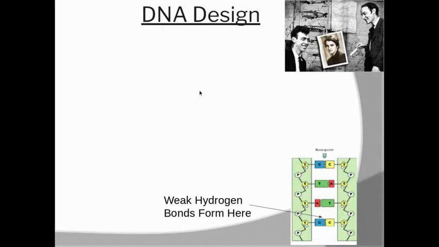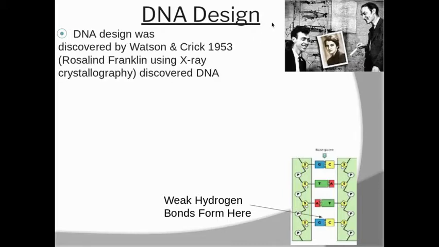That A, T, G, or C and the double-stranded design was investigated by a lot of different scientists, but those that are credited with its discovery include Watson and Crick in 1953. And Watson and Crick were actually a little stumped in the actual structure of the DNA molecule itself. At the time, people were not sure if DNA was a single strand, a double strand, or even a triple